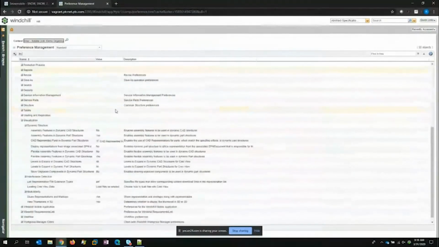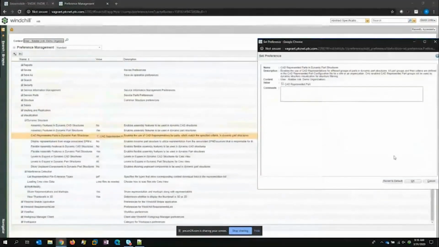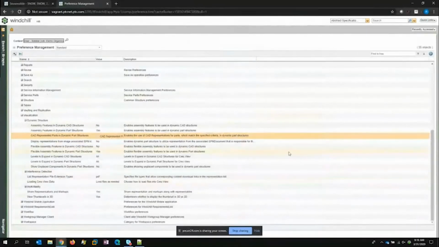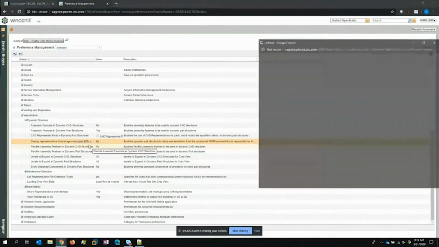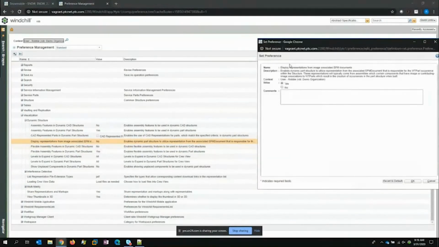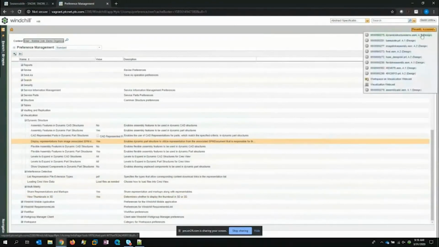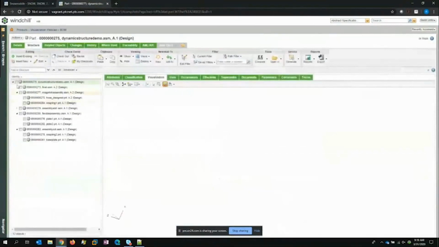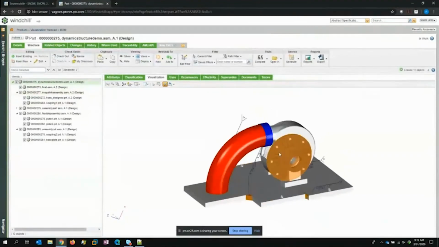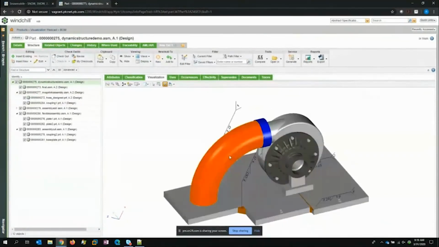I am going to turn off my CAD represented part because, again, CAD represented parts was a situation where we didn't have great alignment between my part and my CAD structure, but we didn't have the ability to recognize image associations yet. Now that we do, I can turn that off, turn on the display of image-associated content, go back to that same part structure, load it up, and now I see the content correctly,